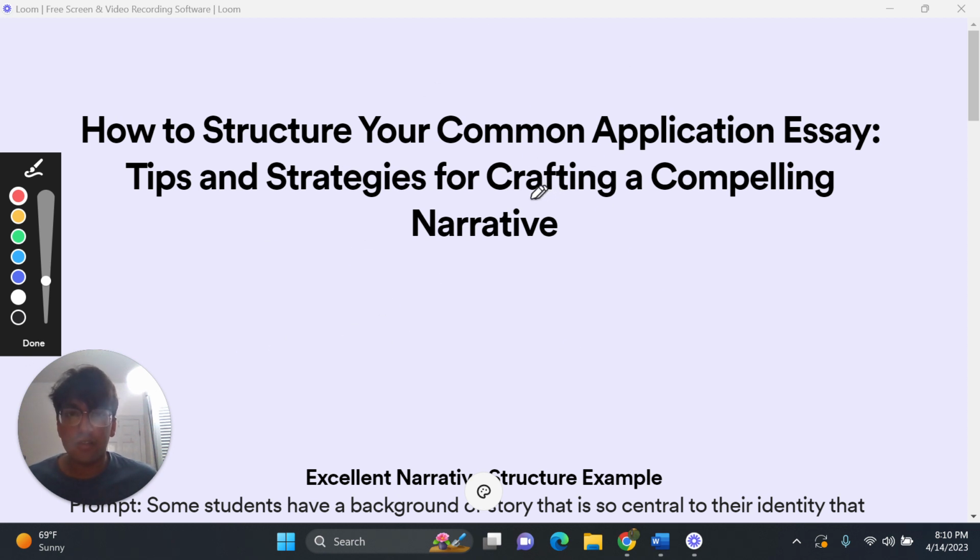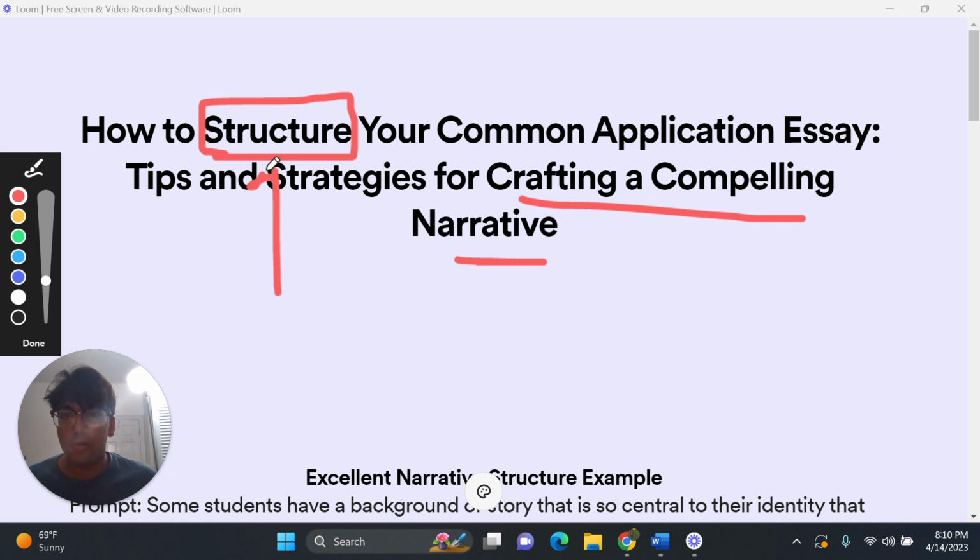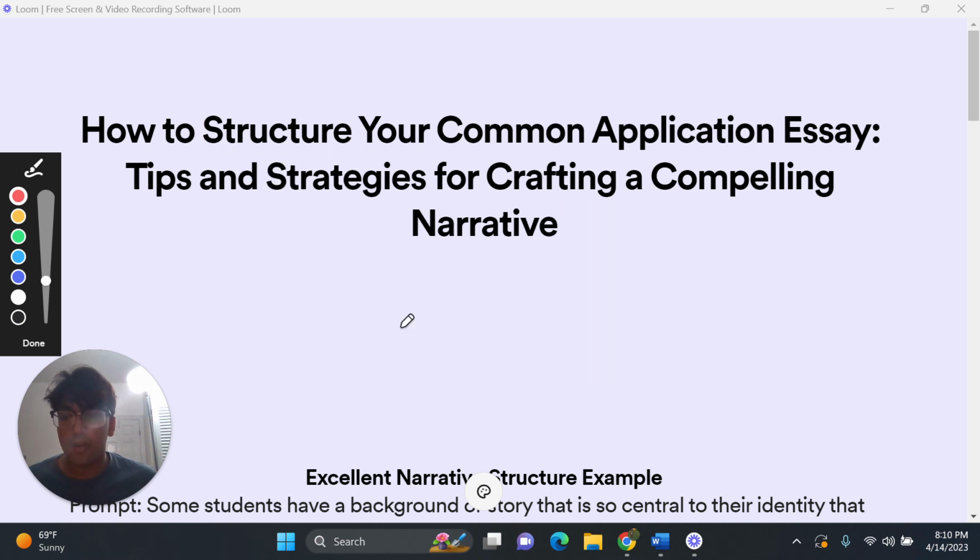Like I said, everything is all about crafting a compelling narrative and figuring out the way that you can structure your Common App essay. And the really good thing is that if you know how to do this, the structure, you'll be ahead of not only the writing game, writing faster and being able to structure your experiences, but you'll also be able to organize your thoughts in a way that'll help the reader really identify